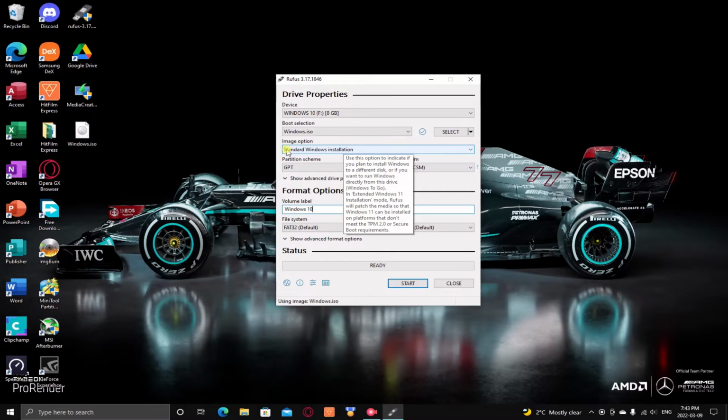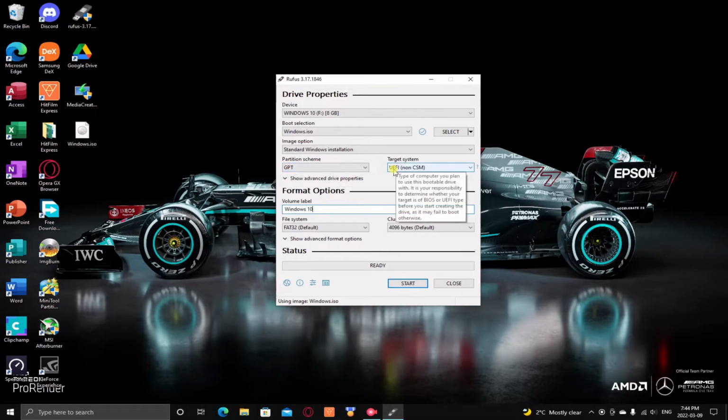So the standard Windows installation, that's the image option. This is for a regular Windows 10 installation. Okay, so the partition scheme, GPT. GPT and MBR are two kinds of partition schemes that are used nowadays. MBR is mainly an older partition scheme which was used in the past, and it has a limited number of partitions that you can create in it. In the case of GPT, it's unlimited, and as you guys can see, the target system is UEFI,